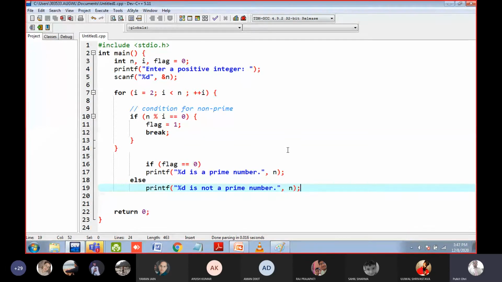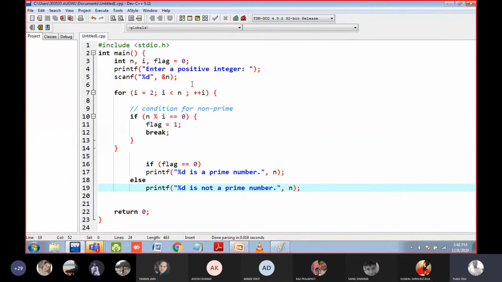The previous code I think is easy to remember. This one is somewhat more complex, you can say. I won't say it is complex. It has used another logic. So if the number is not prime and it is large, it is a good code because it will not do a lot of calculation, it will not do a lot of division. So it depends on you whether you want to remember this code or the previous code. Both are correct, both will work.